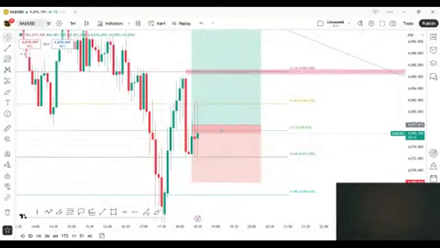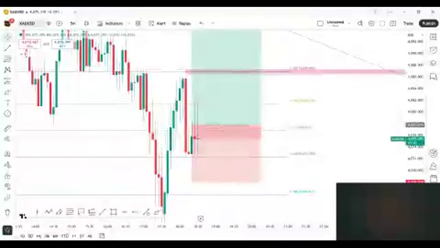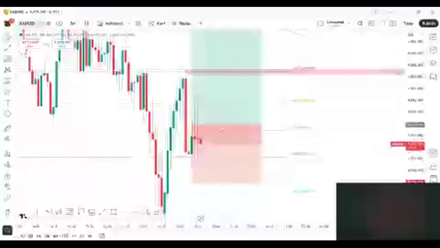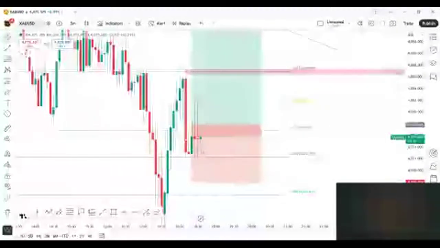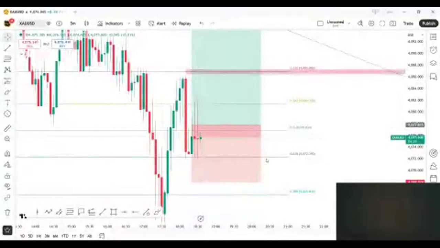Bro, always wait, bro. Our stop loss is 4067.5, so we need to wait. We have given the trade for educational purposes. Every trade is not sure to go directly to TP. Sometimes the market respects, as you can see I was waiting for this area, but unfortunately the market did not break above. So we need to wait a little bit. Let's have patience. It's the US session. Maybe we will get the momentum or maybe not. Still, we are in our zone, guys.